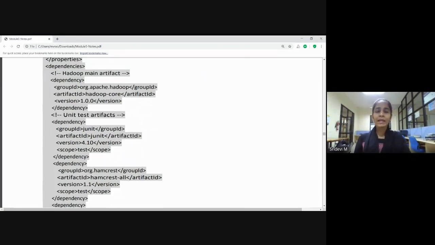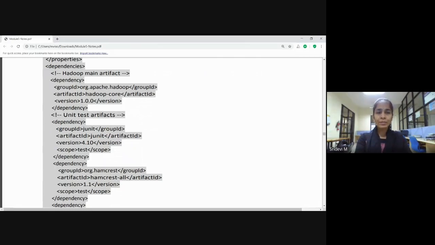The Hadoop main artifact dependency we are using here is hadoop-core, with the artifact ID hadoop-core, taken from org.apache.hadoop, and mentioned along with its version. This indicates that all the basic Hadoop classes have to be included in your project. That is why we mention the artifact ID as hadoop-core.